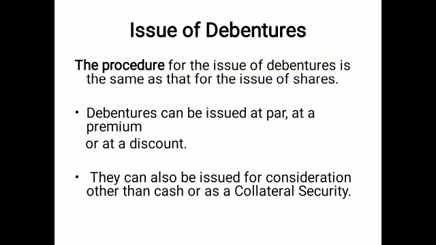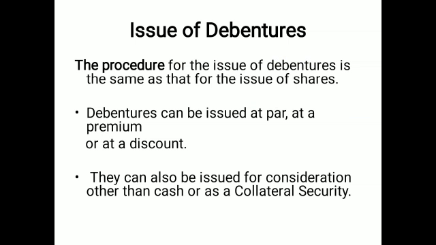Now you may see the issue of debentures. The procedure for issue of debentures generally remains the same as you know in the issue of shares chapter. Debentures can be issued at par, at premium, or at discount. The same systems are there, but generally we have divided the shares into for cash or for other than cash considerations at the method par, premium, and discount. It means the same is applied to the debentures.